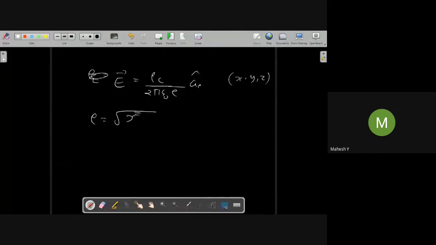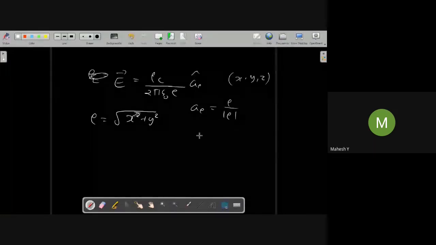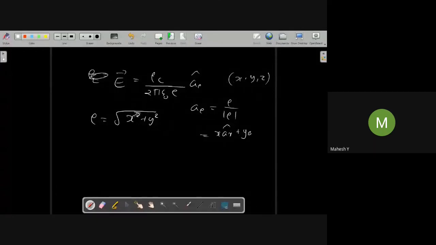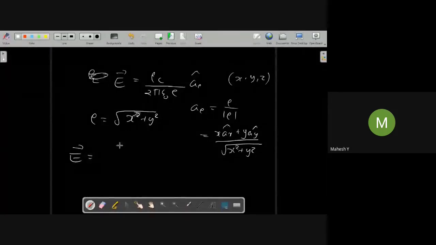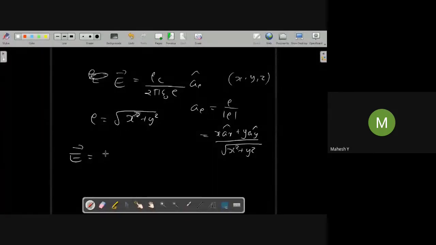Rho is equal to root of x square plus y square, right? And what is a rho? A rho will be rho divided by magnitude of rho. So rho is actually x ax cap plus y ay cap divided by square root of x square plus y square. So if I substitute that here,